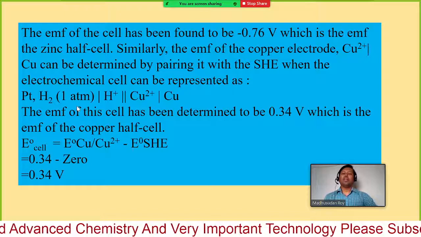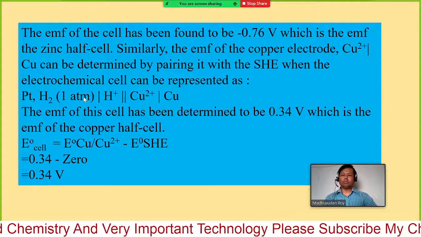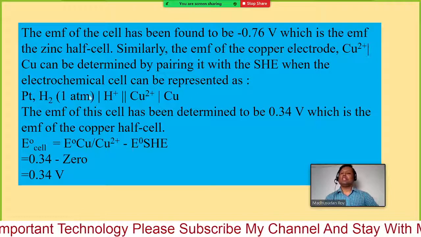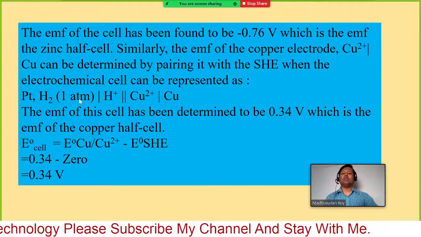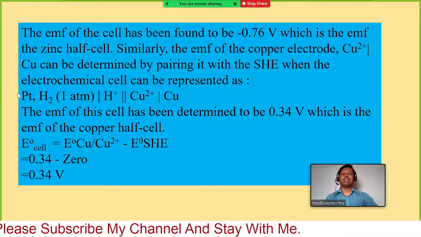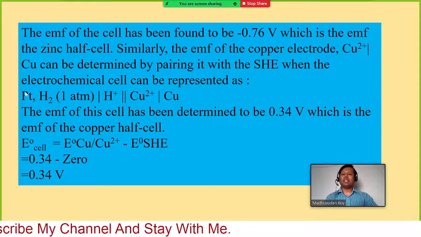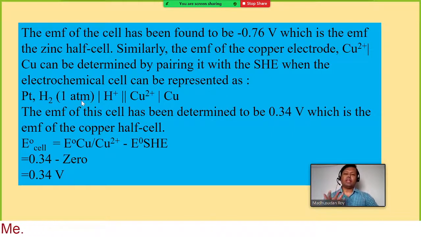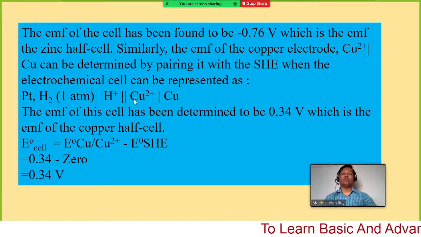However, it is a very good idea to use the hydrogen electrode, because in that case you don't need to think about what the value would be for that standard electrode. For a standard hydrogen electrode we have the potential just 0. Therefore what we measure or observe is exactly the half cell potential of the unknown half cell.